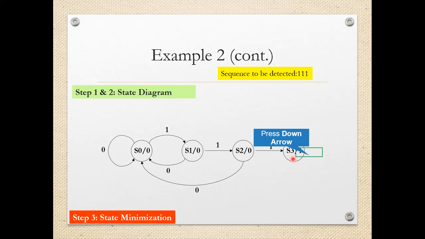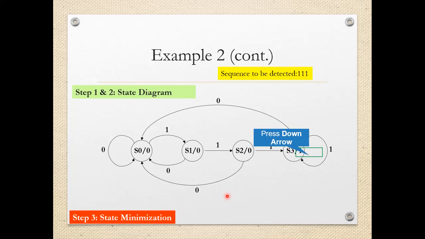So as soon as the machine will enter into the S3 state, output will be logic 1. Now in S3 what we have to do? If 0 comes, go to the initial state. If 1 comes, remain in the same state. Okay. So this is the state diagram to detect the sequence 1 1 1.